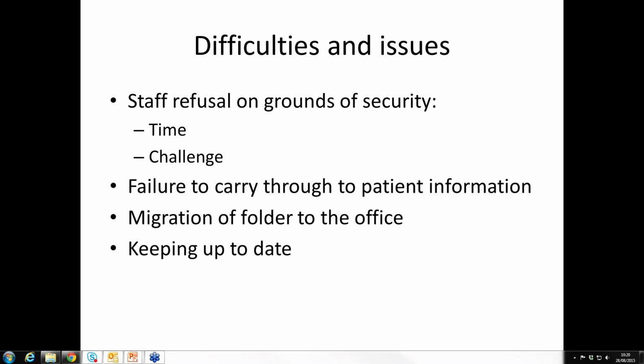Then there's the continual throughput of such people, so you would need to catch them at the moment that they started to become well enough to be able to interact. So it was not necessarily right at the beginning of their stay. But of course, by that time, you're planning for discharge and you've got new people coming into the ward. So I think there are very real difficulties in getting the patient information on there in a situation in which you've got a continuous throughput of people who are arriving in a significantly ill, potentially delusional, hallucinating, grandiose, behaviorally disturbed state, and